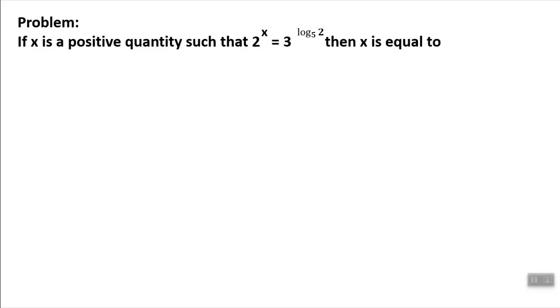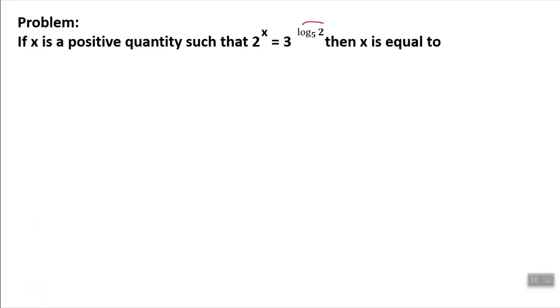First problem. What is x equal to, where 2 to the power x is given as 3 to this crazy power: 3 to the power log of 2 to the base 5. Please understand that